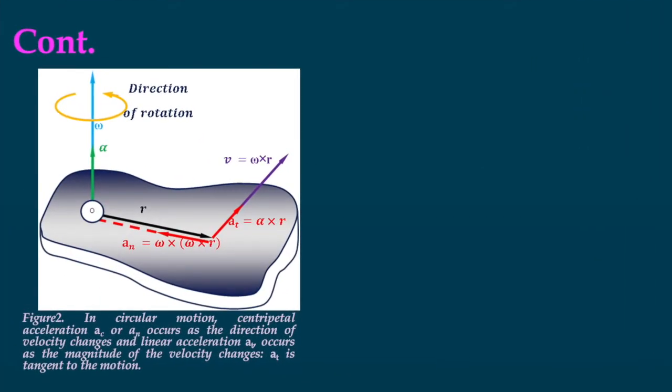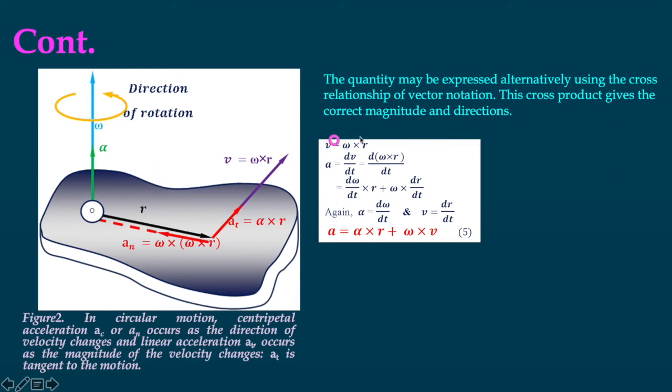Now, these two components of acceleration can be derived from here. Vectorial derivation is there. Let's consider this is the rigid body. The rigid body is in the xy plane. This is the xy plane, whereas this is the z vertical axis. The axis of rotation is this, which is in z direction or vertical direction, and the body is rotating about the fixed axis.